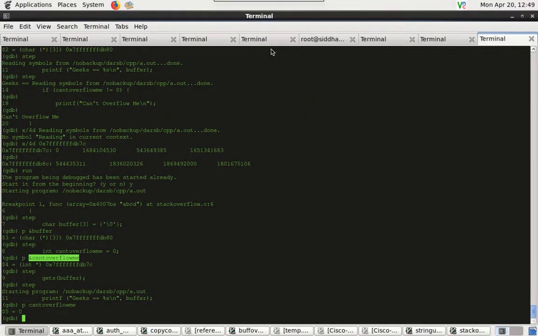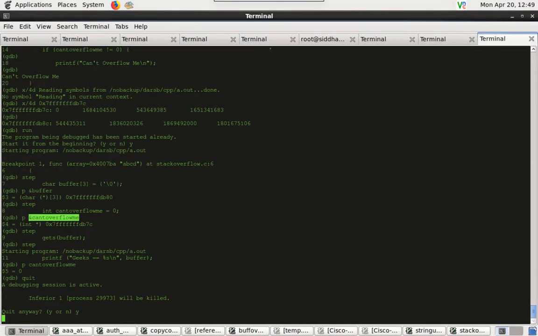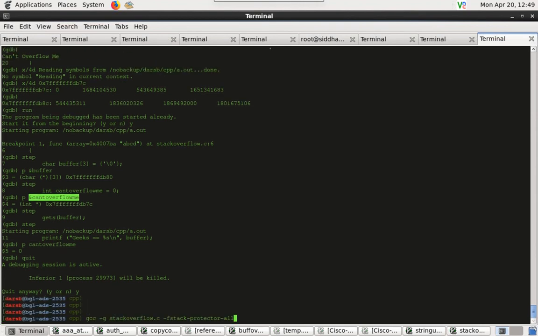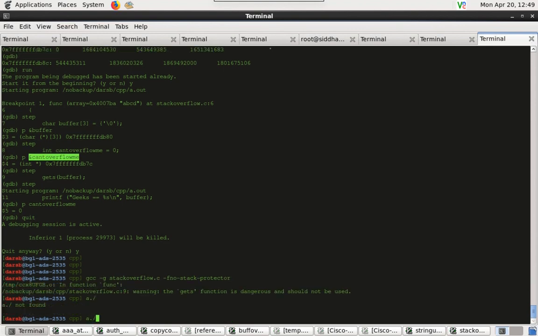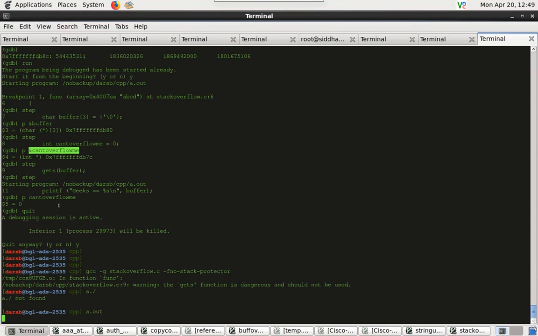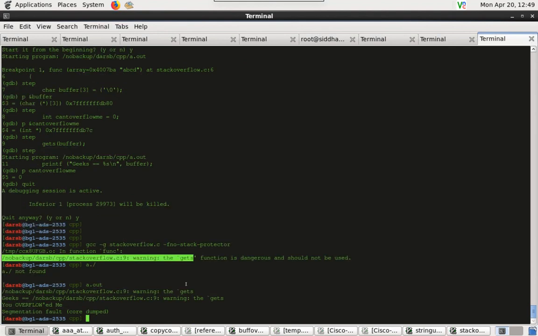So, for example, here in this program, when we didn't enable the stack protection and we ran a.out, what we could see was there was an overflow and a segmentation fault.